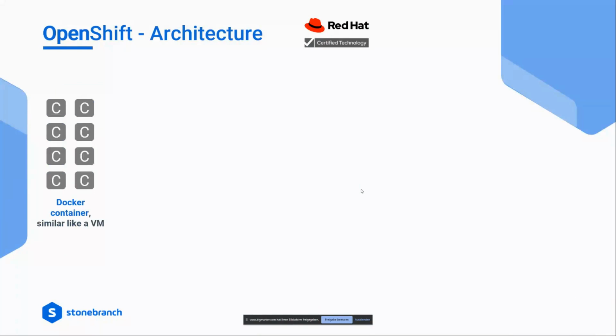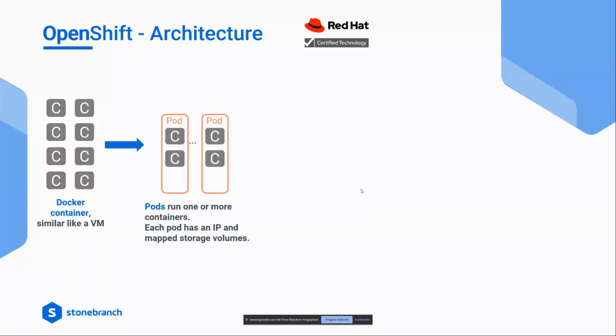Basically, the first thing is that you have your Docker containers, which are similar to a virtual machine. These Docker containers contain your different code. Then you can bundle these Docker containers into a pod, and one pod might be one application. You can have as many containers in a pod as you want. In this example, I have 2 containers in one pod, and one pod would represent, in this case, one